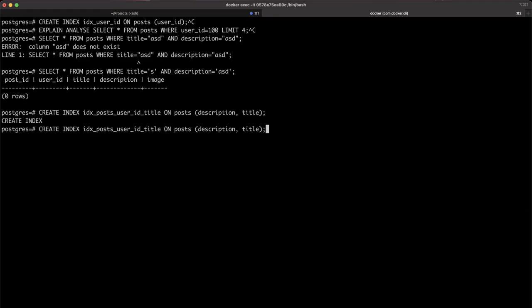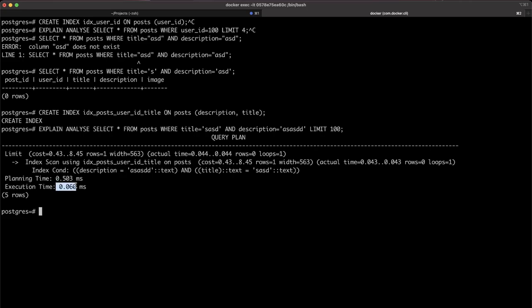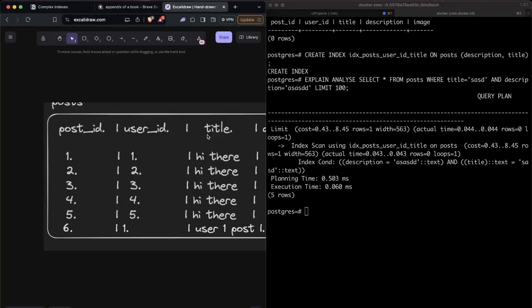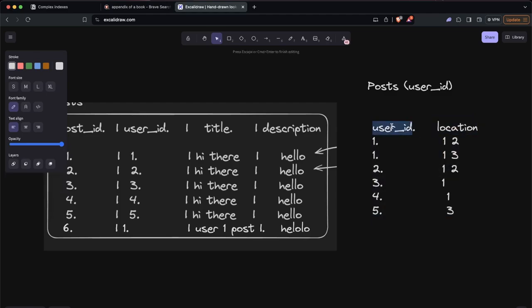There we go. And now if I run the same query and let's say change description to something random, title to something random, now it took 0.06 milliseconds. So always look at your query constraints and then create an index for it. Under the hood, the same thing is happening. Rather than having user ID here, we are now having title, and then the second thing will be description,